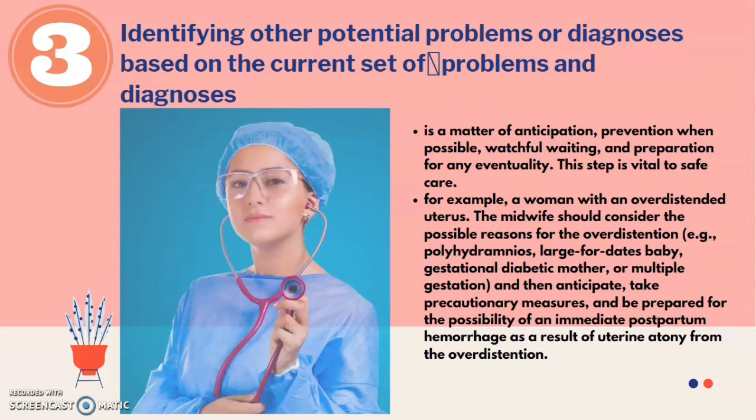The midwife should consider the possible reasons for the over-distension: polyhydramnios, large for dates baby, gestational diabetic mother, or multiple gestation, and then anticipate, take precautionary measures, and be prepared for the possibility of an immediate postpartum hemorrhage as a result of uterine